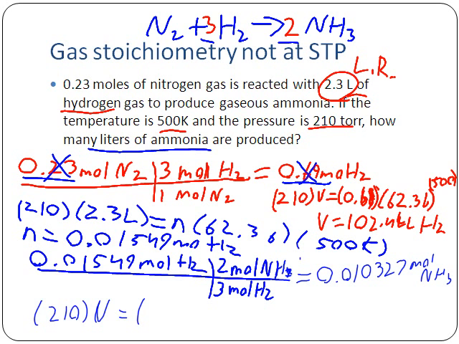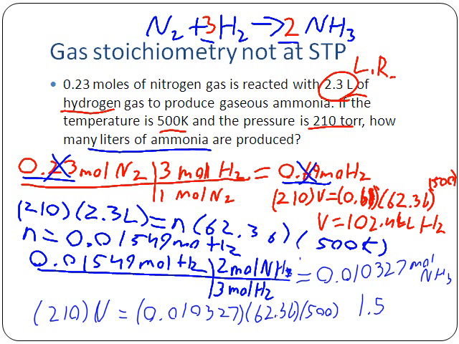Equals n, which we just found as 0.01032 times 62.36 times the temperature, which is 500 K. And we do this, once again, we're going to say that original number of moles over here on the right side times 62.36 times 500. Then we divide both sides by 210. And so dividing that by 210, we end up getting a total final answer of